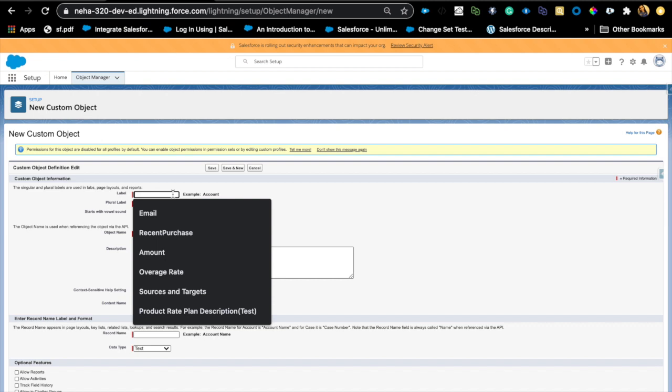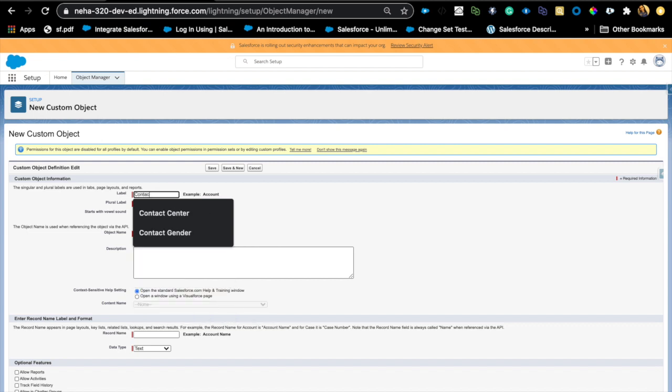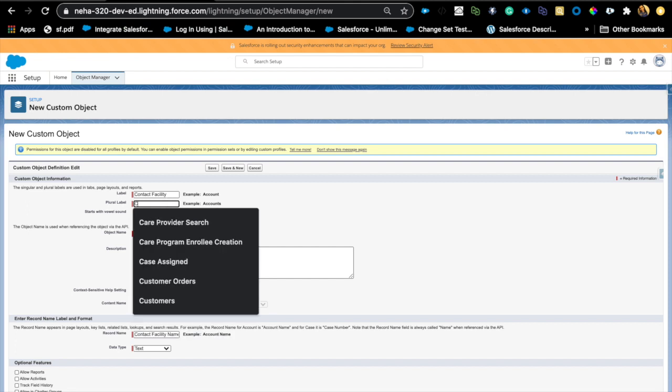In our example, we have two objects, contact and facility, and we are really trying to associate contact and facility together. So we can say contact facility, and we can get rid of the dash. So contact facilities,